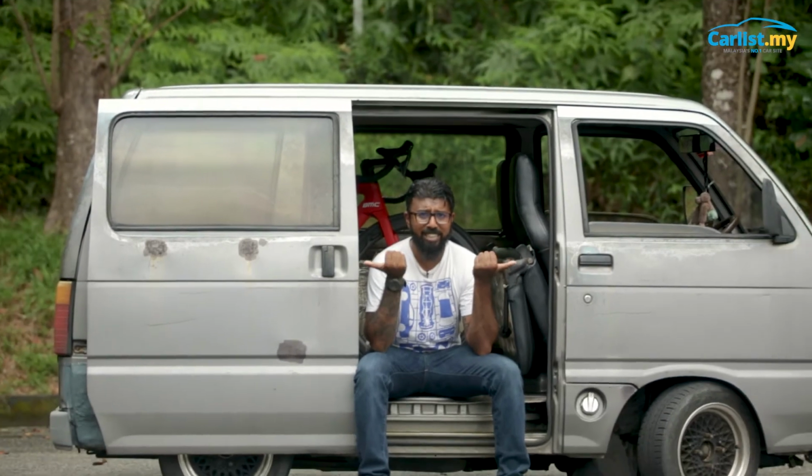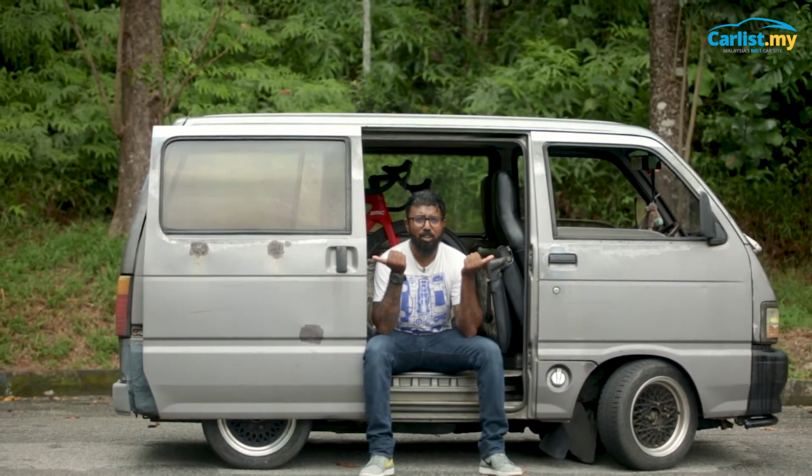On this episode of The Driver's Seat, once again we are outside, but typically I'm not seated on a seat, because we have with us today a bit of a unicorn. This is a Daihatsu Hijet that belongs to...